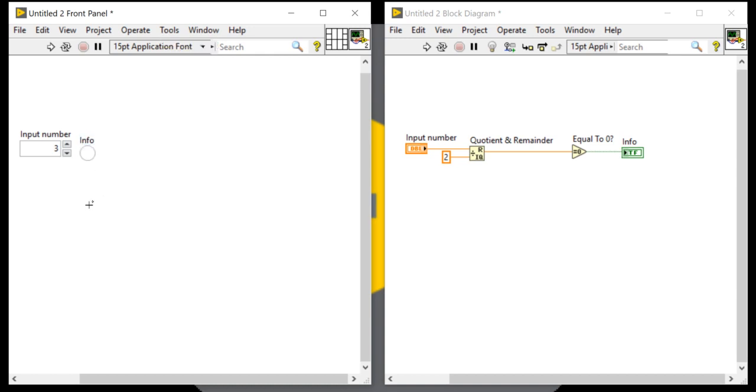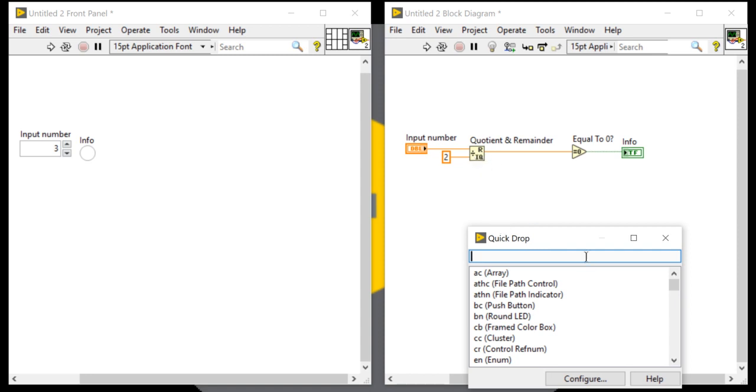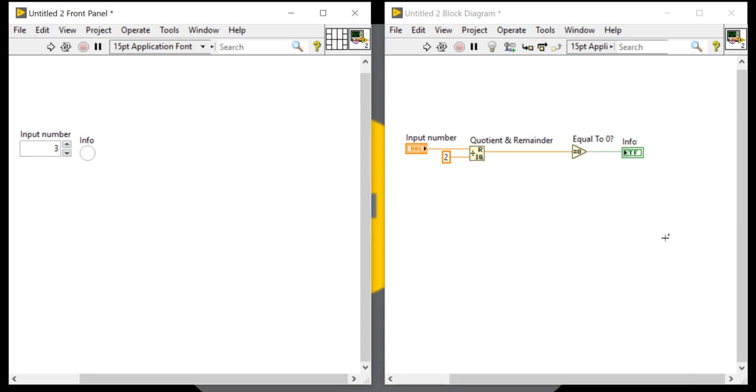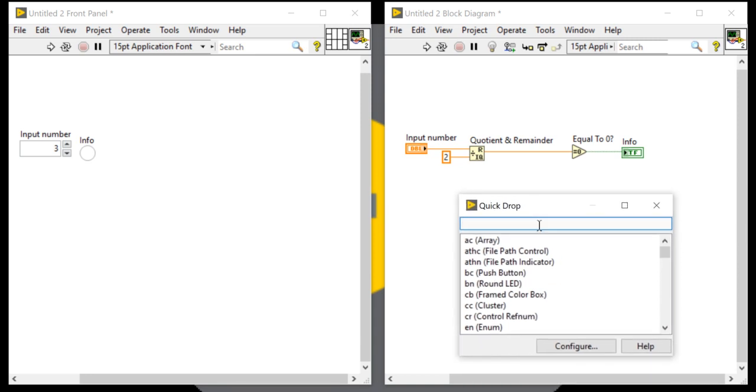In the next step, do one thing: press Ctrl and space. If you are not able to find the proper functions, press Ctrl and space.